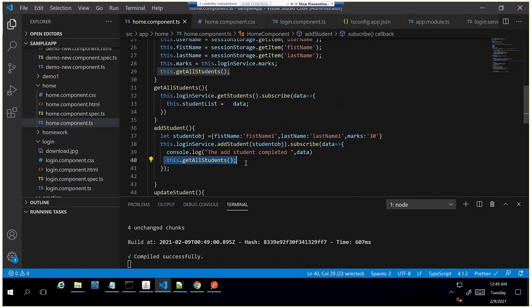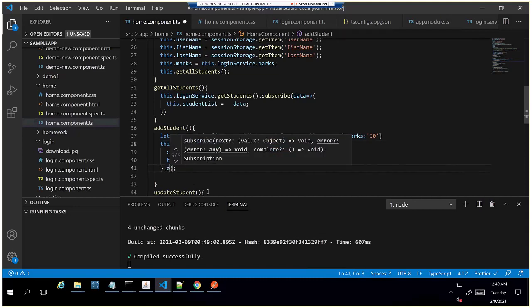Okay, so which means the subscribe will wait for the REST API call to complete, right? Yeah, this will wait until the REST API response, whether it is success or failure, then only it will come here, and we will add the error case here, like comma error. If there is an error, then we'll display the error. Display error here.